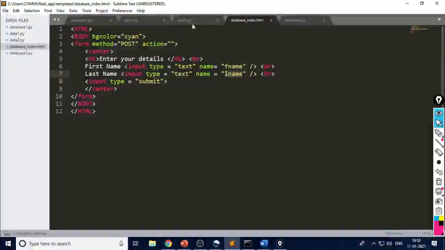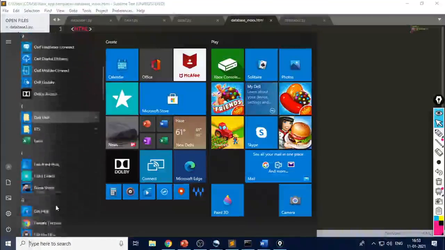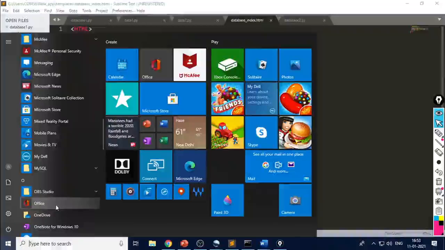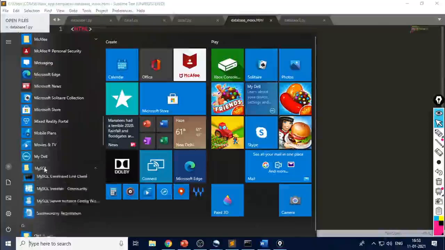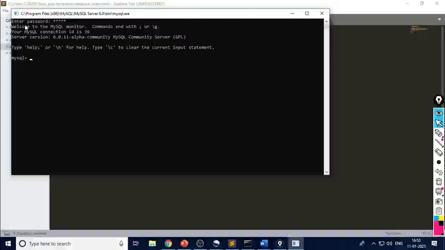Before this, we can display the MySQL database. How can we take control of MySQL? Look here, MySQL is there on my terminal. So I can select this one, MySQL command line client. It will ask for the password. My password is mysql. This is the password for MySQL. When the password is correct, you will get the MySQL prompt. So this is our MySQL prompt, and from this we can invoke the tables.